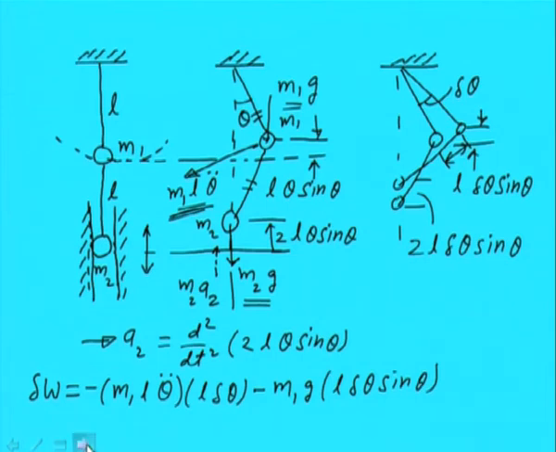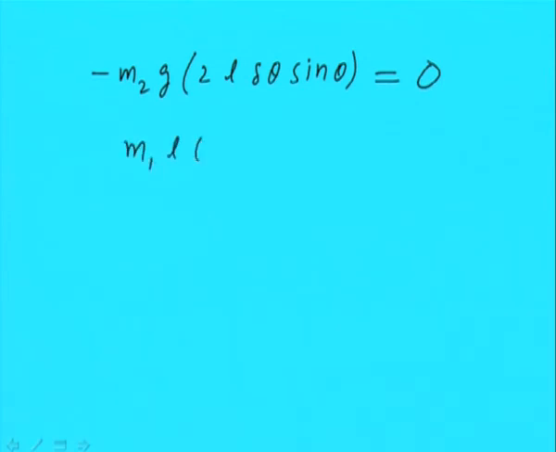The second mass is having this much virtual work done, and this total should be 0. You will see that if we simplify this, we will get this quantity,